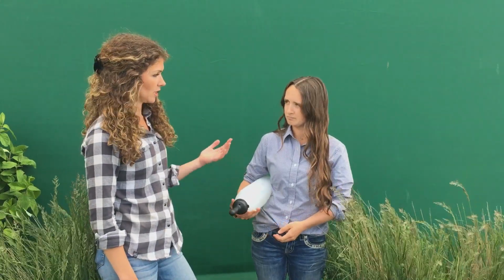Okay, so what about the producers, myself included, who don't want to wait around for the calf to finish drinking the bottle, so we cut a bigger hole in the end so the milk flows faster? Okay, that's fair. If you're going to do that, then you may as well be feeding from a pail. Because if the hole is too big, then that's not going to slow the passage rate down, right? It'll do the opposite, and so milk will likely travel into the rumen. Not only that, but we also won't get the saliva production because the calf is not having to work hard